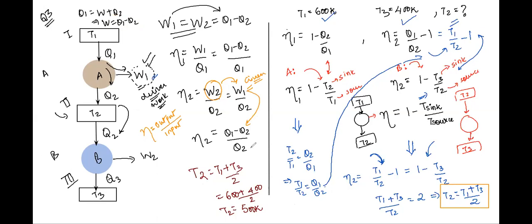And we already know that Q1 is to Q2 is equal to T1 is to T2. I proved this yesterday. We had stated this yesterday in the class, but you can always prove it, that for a Carnot engine this is a result. I will write it here, class. For any Carnot engine, Q1 by Q2 is equal to T1 by T2.